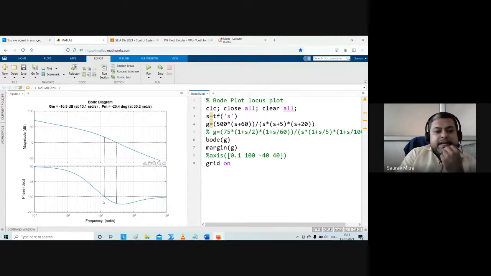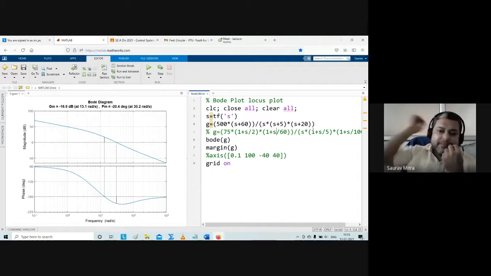So first you are finding that the phase is crossing minus 180. One thing I was asking you: how much will be the phase for instability? So phase at instability is minus 180. And I asked you how much will be the phase at omega tends to infinity. Below there are 3 poles. For that, phase will be minus 270. And in the numerator there is 1 zero. So for this the phase will be plus 90. So net phase will be plus 90 minus 270. That is minus 180. That is correct.